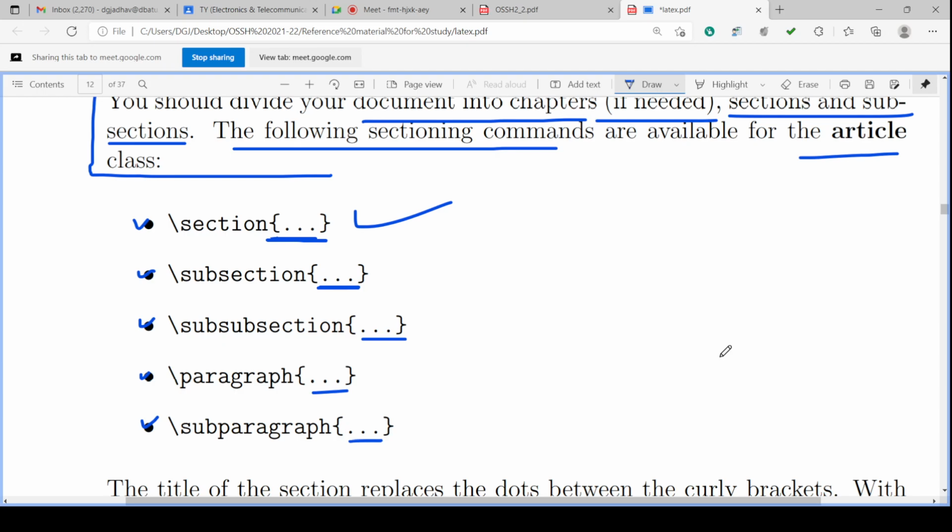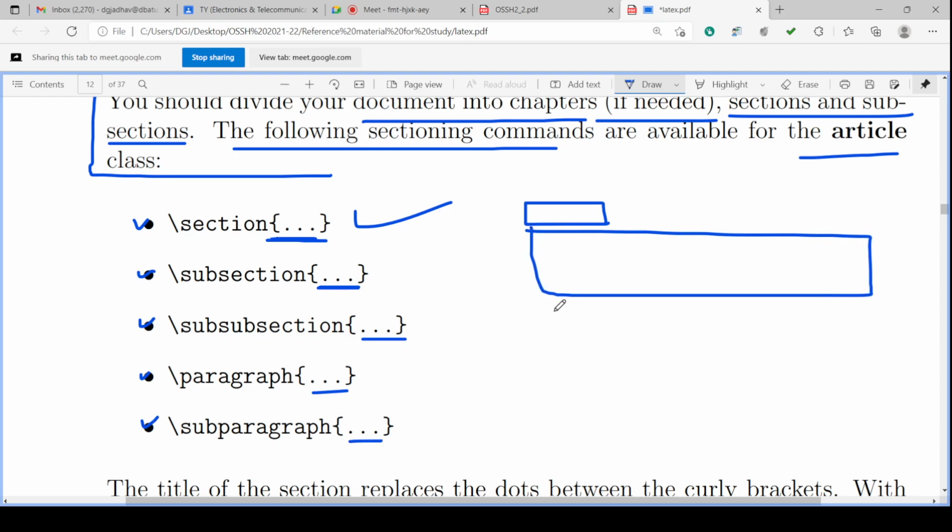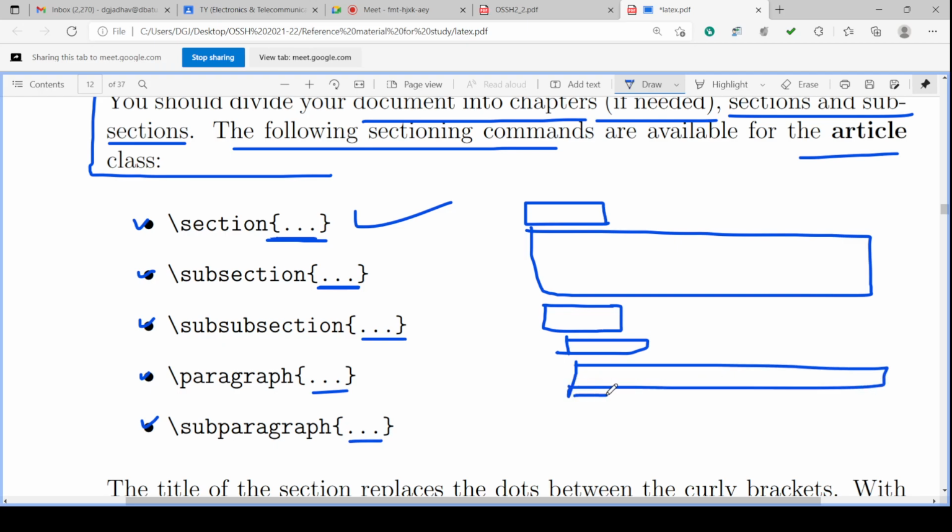There may be one main section with the title of this section, and under the main section you can have the text directly. But in some cases there will be a section name, and under the section name a subsection name. Under the subsection there may be some text, and then some other subsection, and under that subsection again some text, and again after completing these two subsections there may be some section.